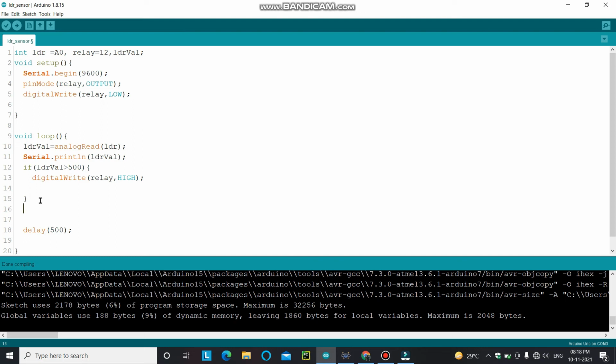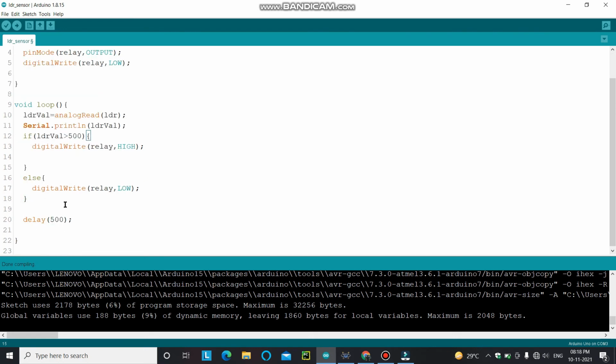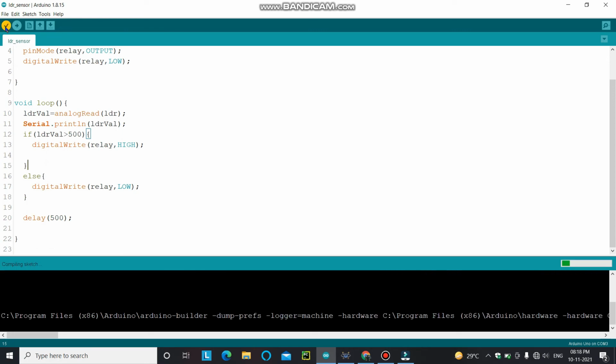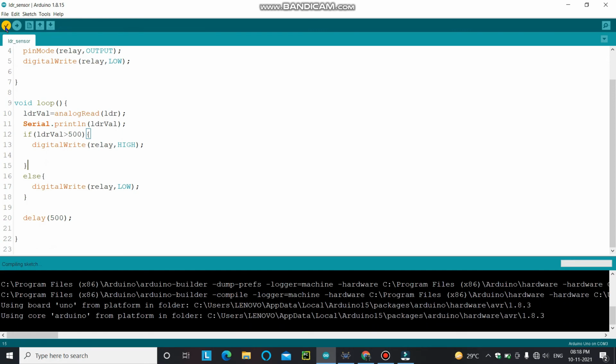So you have to write in the else statement like this: digitalWrite relay comma LOW. Now this is the code that we need to turn the load on and off by measuring the intensity of the light. So compile this code.